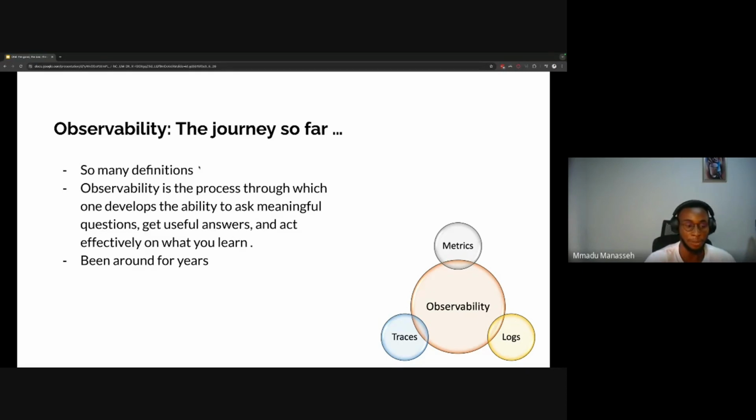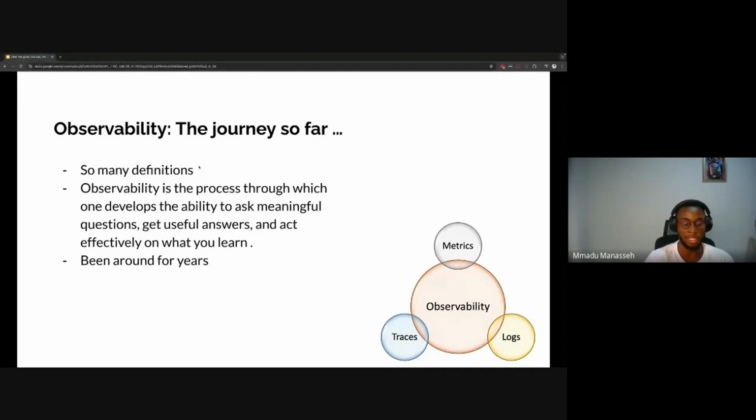So there are three components there. The first part is you ask meaningful questions. Is my web server up? You get a meaningful answer: no. And then you act effectively. How can I fix that particular problem? That means your observability is not complete without these three sections. If I cannot ask a question and get an answer, it's not complete. If I can ask a question but I don't get a meaningful answer, it's also not complete. If I get an answer but I don't know what to do with that answer, then it's also not complete. So if you're instrumenting your application, you have to take these three things into consideration.